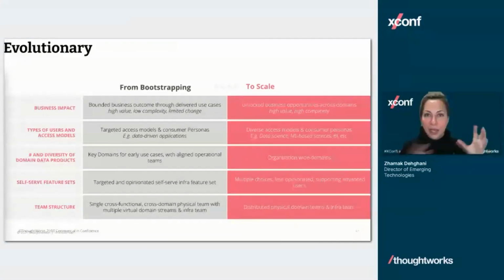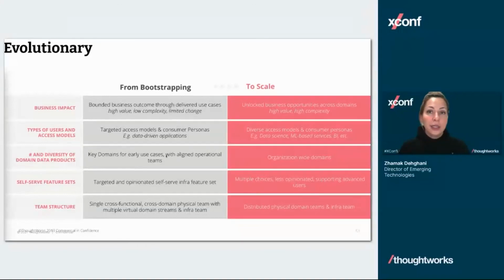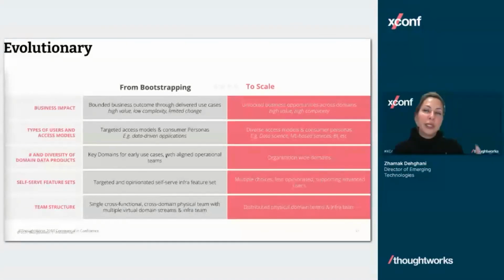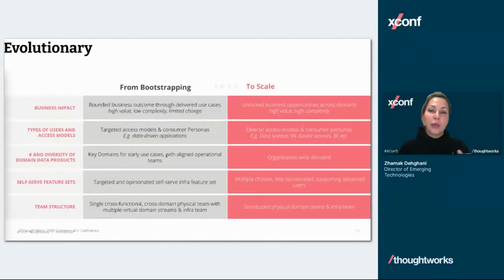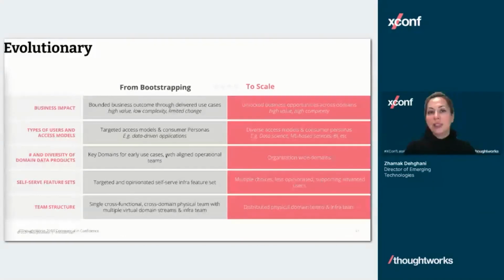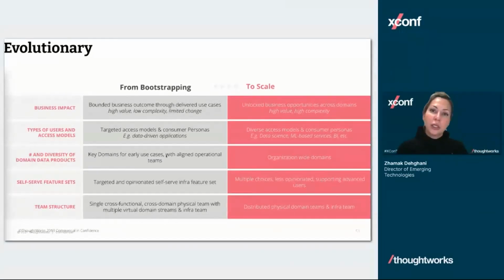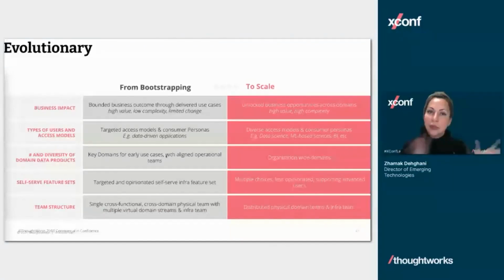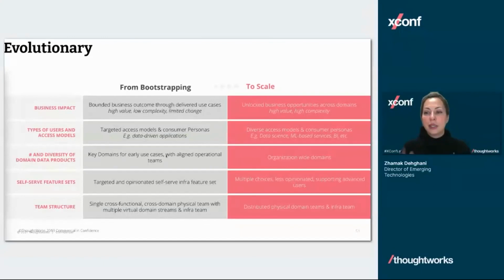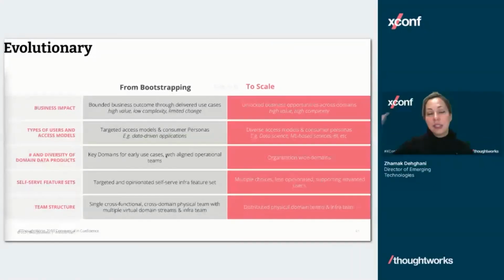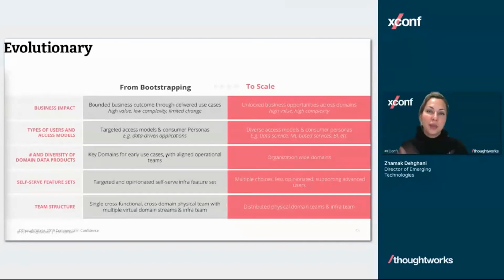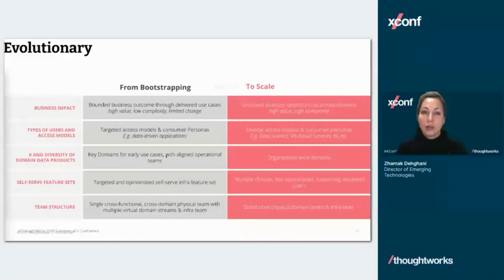But then as you grow your solution, you start having separate teams. Initially, your platform might be fairly opinionated in what sort of services they provide. They're not going to provide all kinds of different services. They're going to look at the population of the use cases and domains and say, okay, maybe initially we just provide SQL access, or initially we provide SQL and Parquet, but we're not going to do events. We'll do events later. So just figure out what the platform's opinion is initially. And as you grow to scale, then you become maybe less opinionated and give access to those very granular utility layer functions as well for more advanced teams.